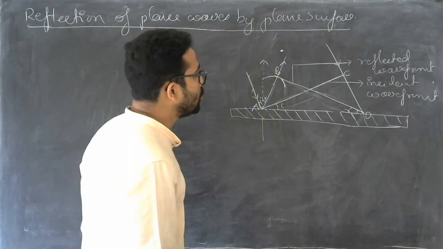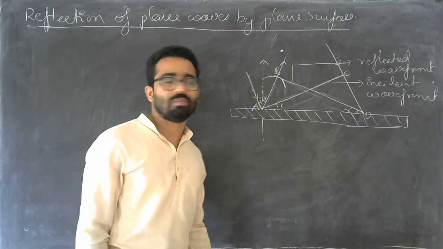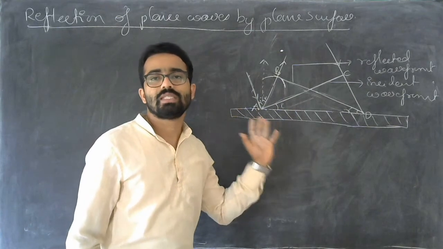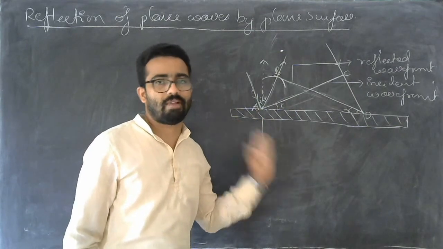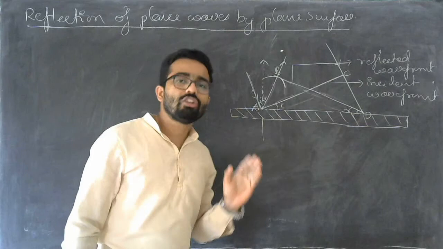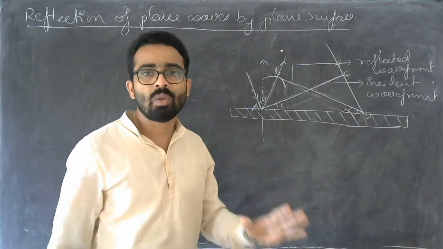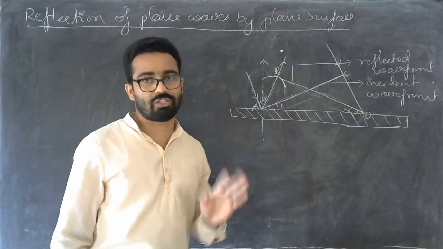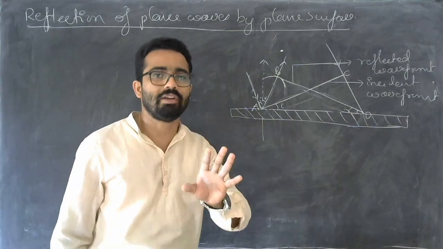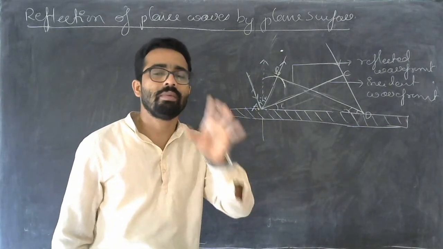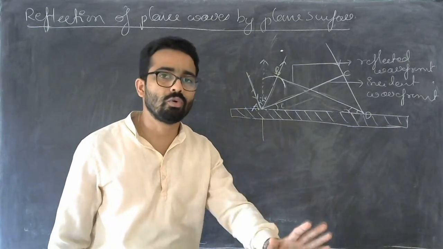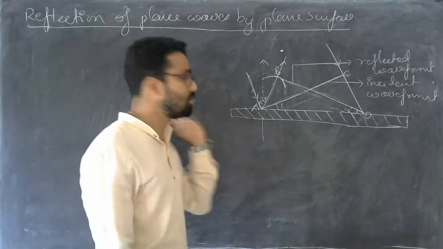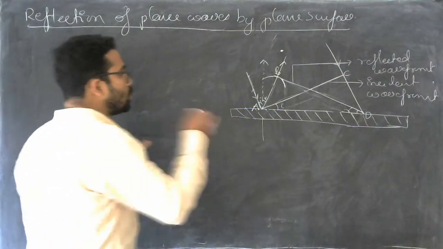So what we have to prove? We should show that using wave nature it is able to say that light undergoes reflection. According to the law of reflection, it is known that the angle of incidence is equal to the angle of reflection. So our ultimate intention is to prove that the angle of incidence is equal to the angle of reflection. That is what we have to prove. To do that,